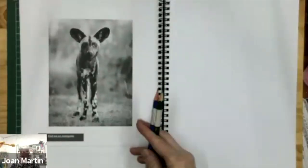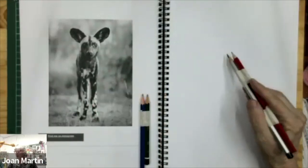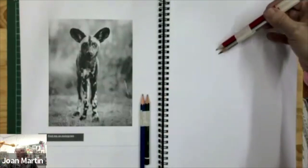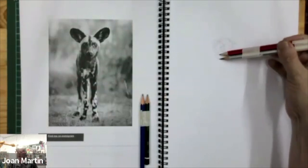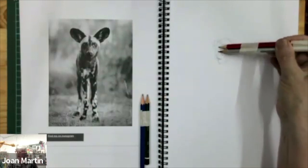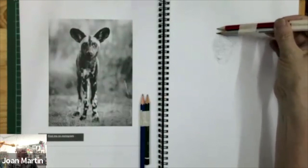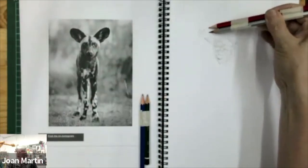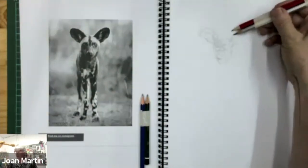And I think I'm going to shift to the bigger pencils. Okay, so what I'm going to do is I'm going to start making marks from the center of that animal. So what I'm doing is I'm just trying to focus almost on the silhouette. I'm not trying to get too much detail. I'm just focusing on the shape of that head. I'm looking at the ears and trying to get the shape of the ears going. And then I'm working on that